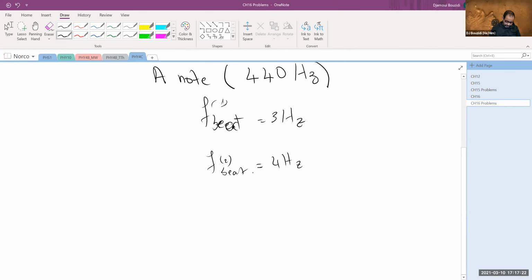So the question is, what was the frequency of the note played by her violin when she heard the 3 hertz? Obviously, it was not 440 hertz. If it was 440 hertz, this beat frequency would be exactly 0. They come exactly in sync in her ear and she would not hear anything. So it's either 443